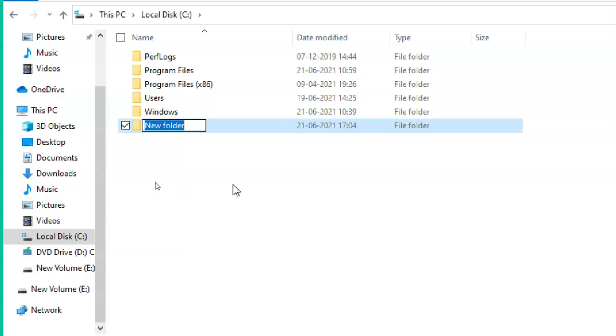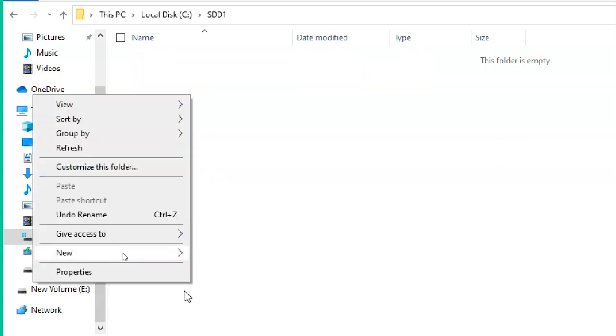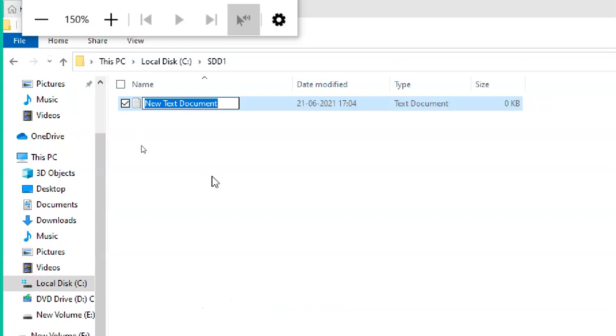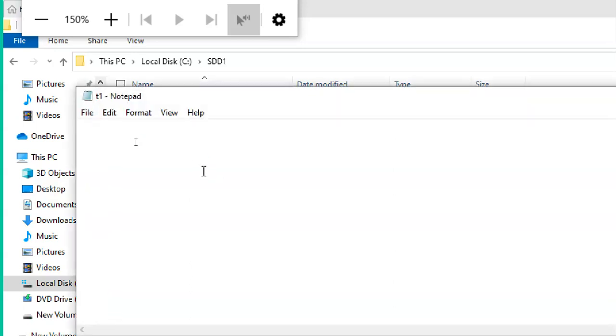The folder name is SDD1, for example, and I put some file here, some text file, a T1 file, by student1, just for our testing purpose only.